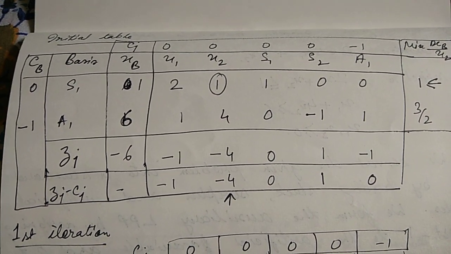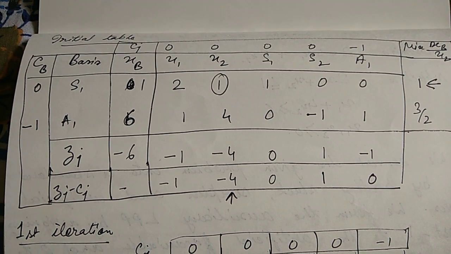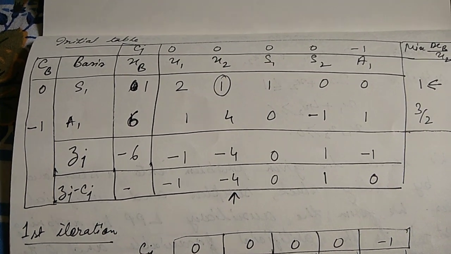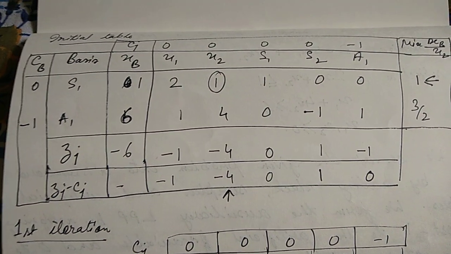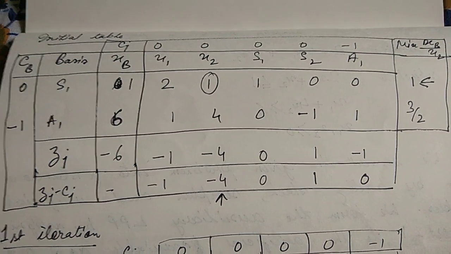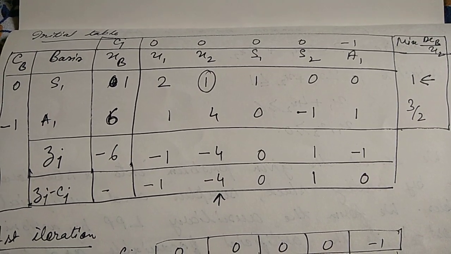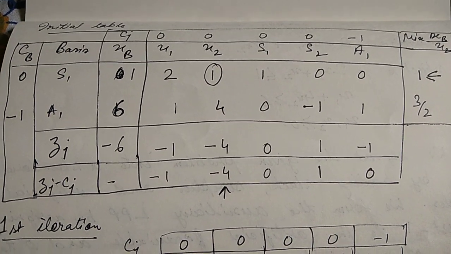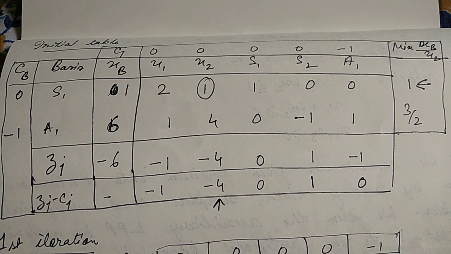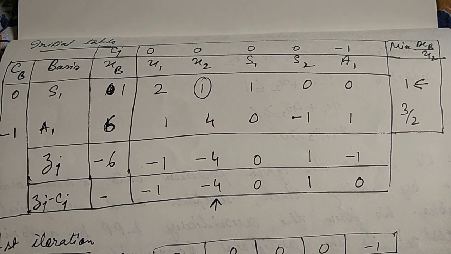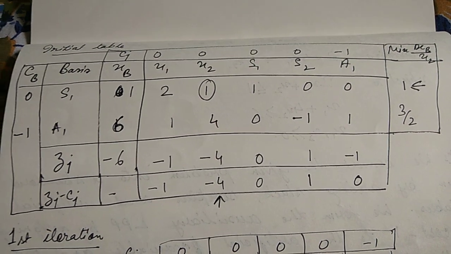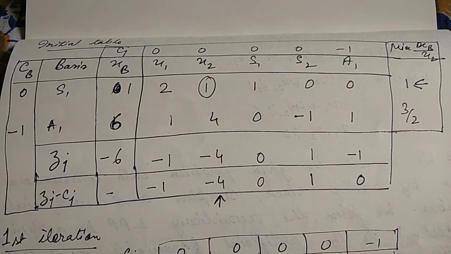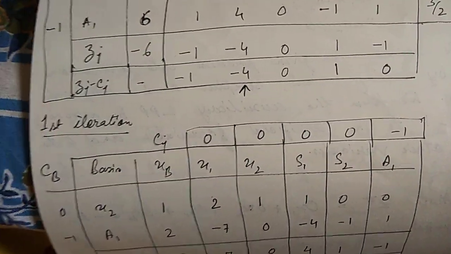So here, just following the last simplex method, the big M method, the same technique is used here also. In my last video also, you can refer if you have not yet understood how to do this initial table and the iterations. I am not going to explain, you pause the video here and solve on your own and check whether your answer is matching with this one or not. Then we move ahead with the first iteration.